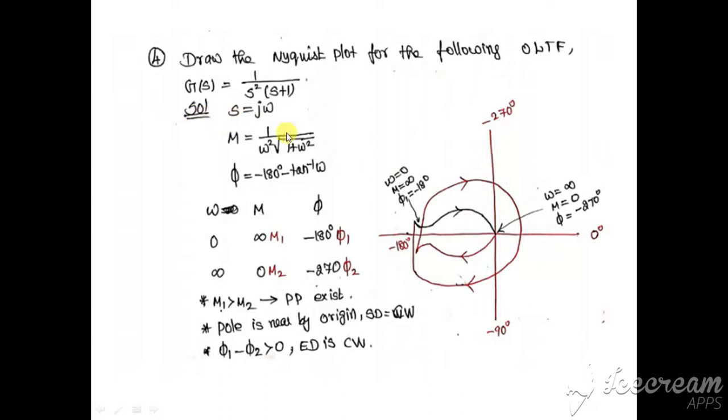So again we need to follow this, draw the polar plot. For this particular function we get the polar plot starting from here, omega is equal to 0 to omega is equal to infinity. This black is the polar plot. So now first step is to take the mirror image of this polar plot. So starting point of mirror image is the ending point of polar plot. This is the ending point of polar plot. We need to start from here and end towards the starting point of polar plot.